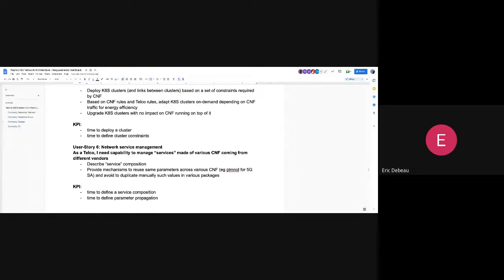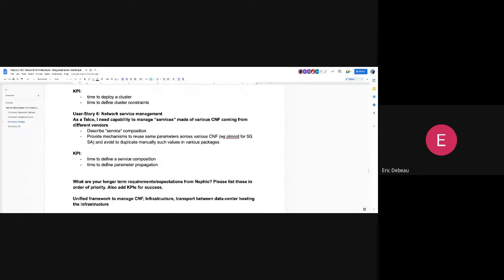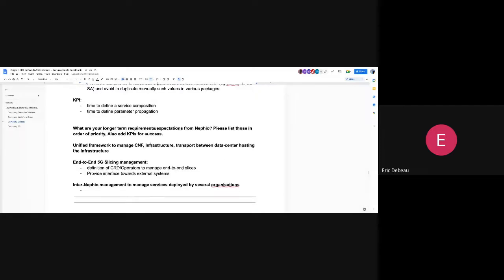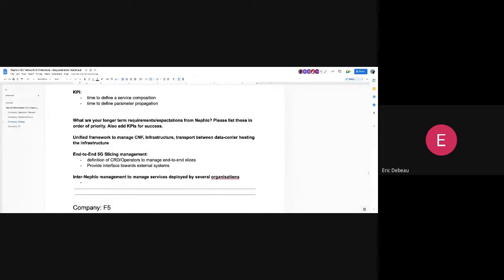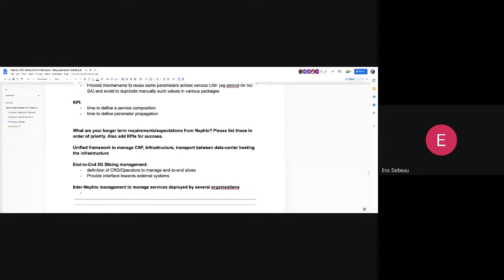So this is for V1, and after, for V2, we propose some ideas, but I think it's to be confirmed. So it's to get a better unified framework to manage both CNF infrastructure and also all this transport part, and maybe also any kind of PNF, so physical network function, not deployed using cloud infrastructure.